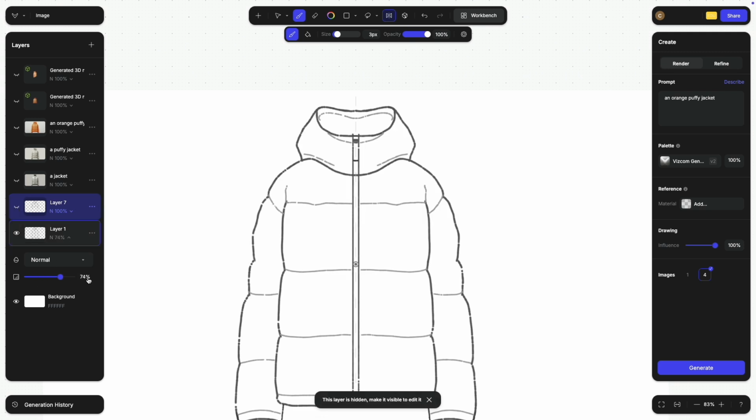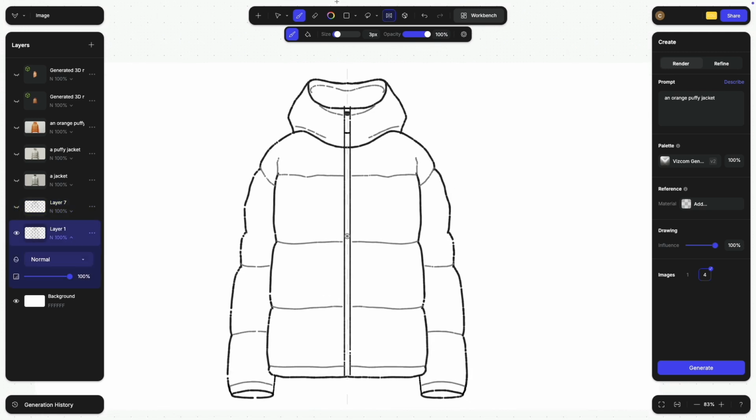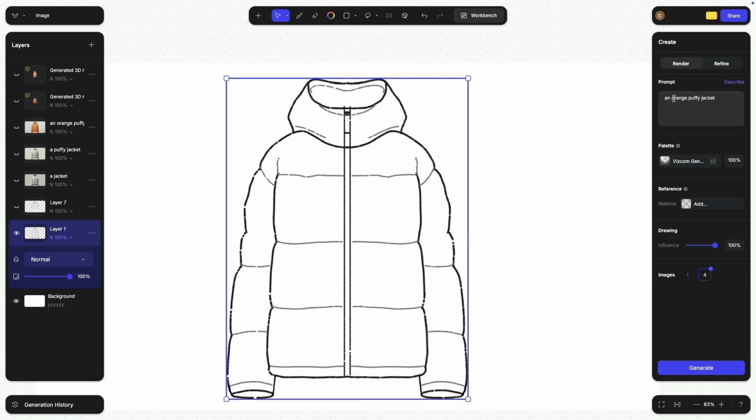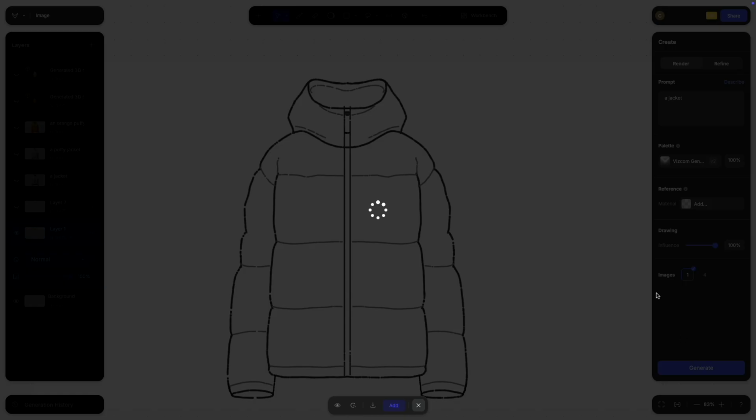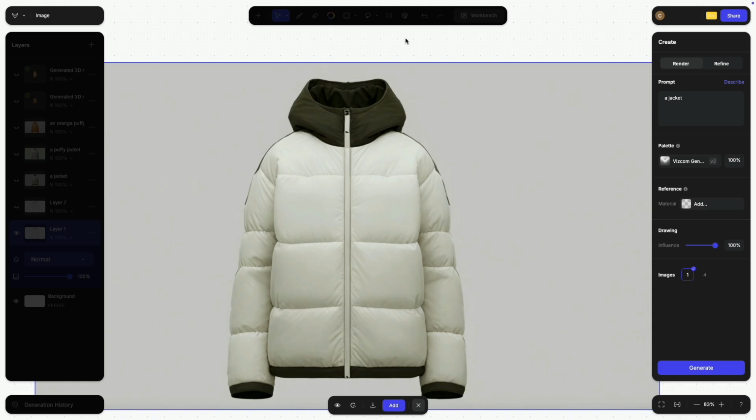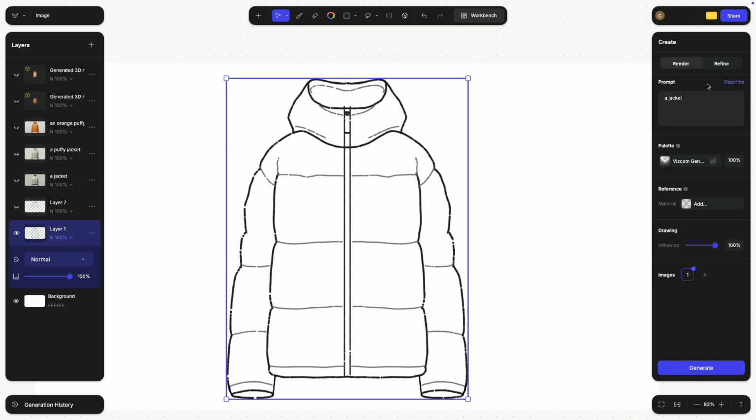So if I go back to what I have created here, and then you just define the prompt. So is it just a jacket? And just only make one image so it's faster. Drawing influence also 100. You can experiment with the drawing influence. Oh, there we are. Okay. Looks already a little bit puffy. If we say